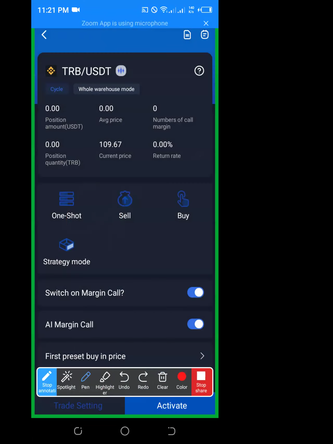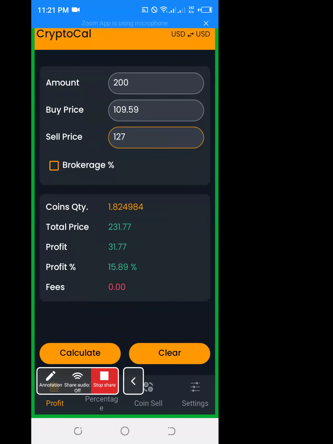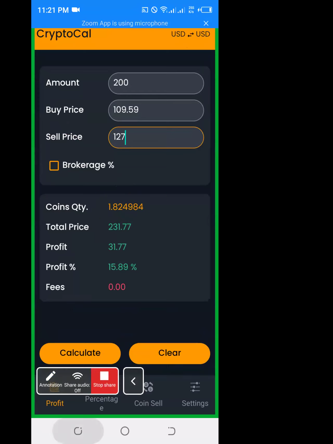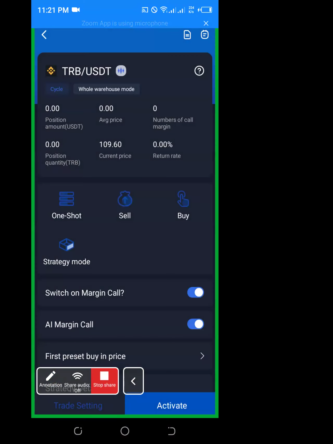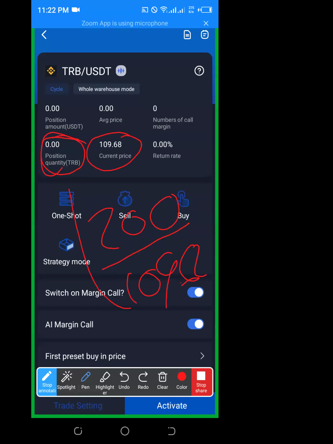When you start the robot, what you see here is this one. This one is what you see here. It means that to get the quantity, you take the amount of money to be invested and divide it by the price of that asset, which is this one, 62. It will give you the quantity.